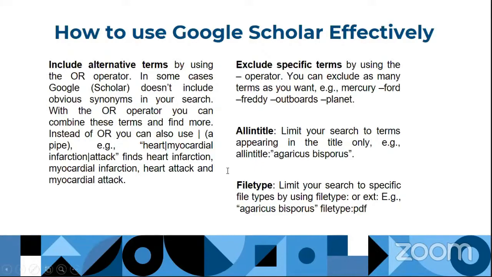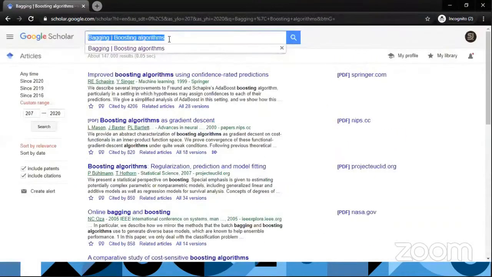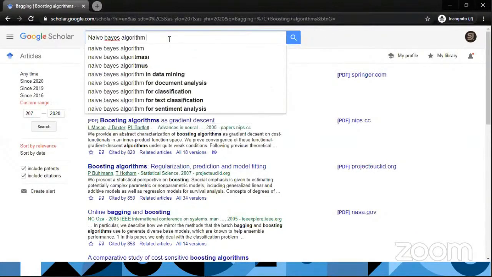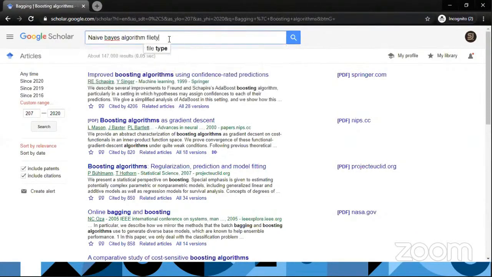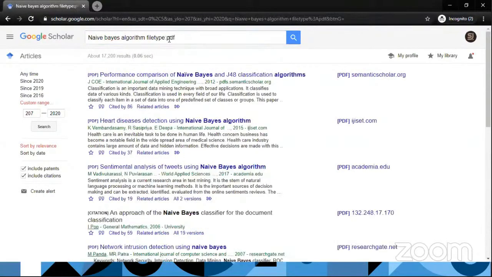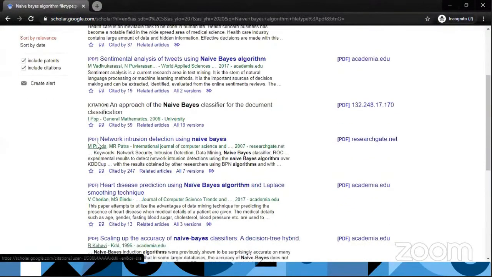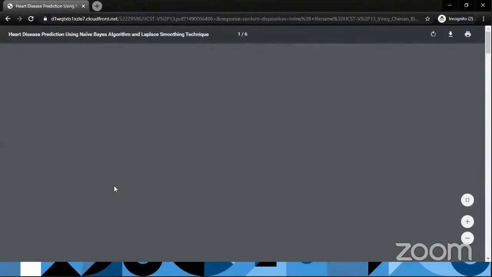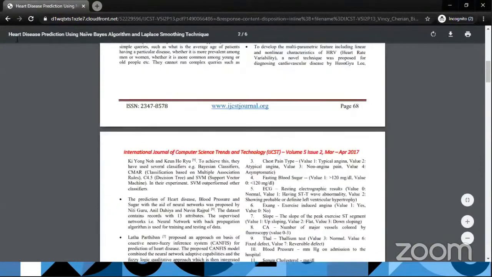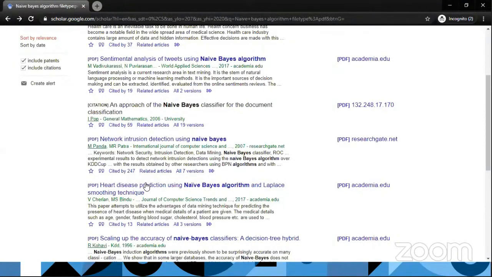So let's say naive Bayes algorithm filetype PDF. Did you see here? All the files are PDF files. It doesn't take you to any link to other pages. For example, let me click here. Look at this. Your PDF has already opened. You don't need to go to a